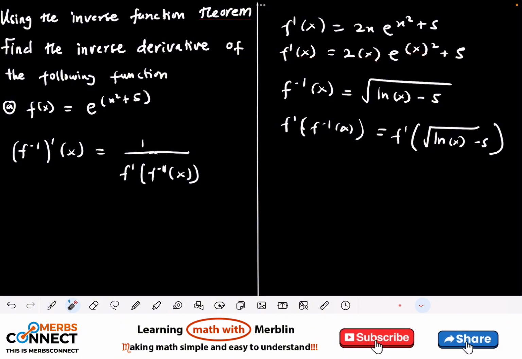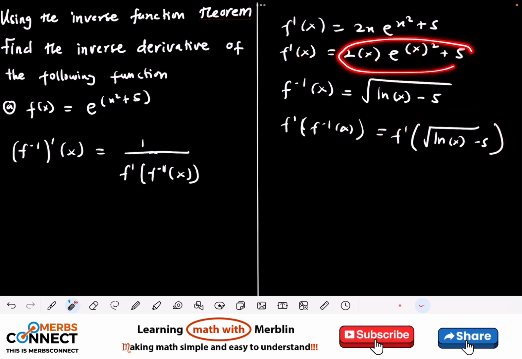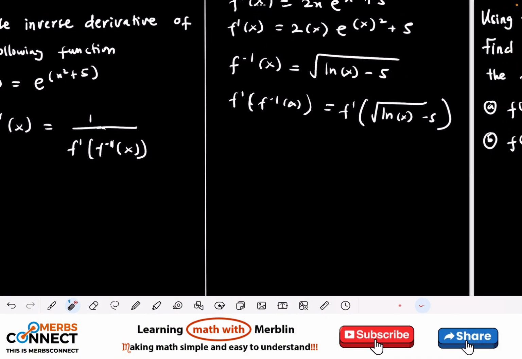So if we want to use, this is f prime and this is also f prime. So if we want to use the function here, then we can see that we want to use the function here for this. But we can see that this is x in the parentheses here. That's the reason why we have the x in the parentheses here, x in the parentheses here. So if we are using the same function here, then all we need to do is change all those in the parentheses here to the one here. So we are going to have,